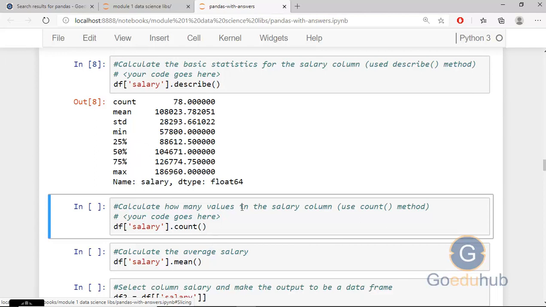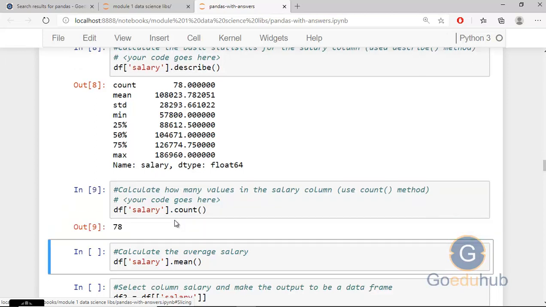And next, calculate how many values are in the salary column. I just want to see how many records are inside the salary column. Then I can use the count function. So df['salary'].count, and you can see the output. The total number of records we have is 78, and here also the same output.